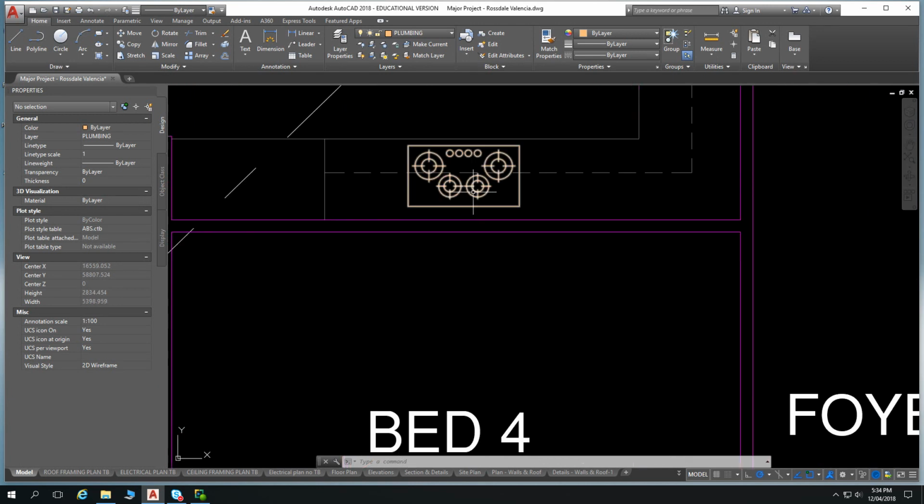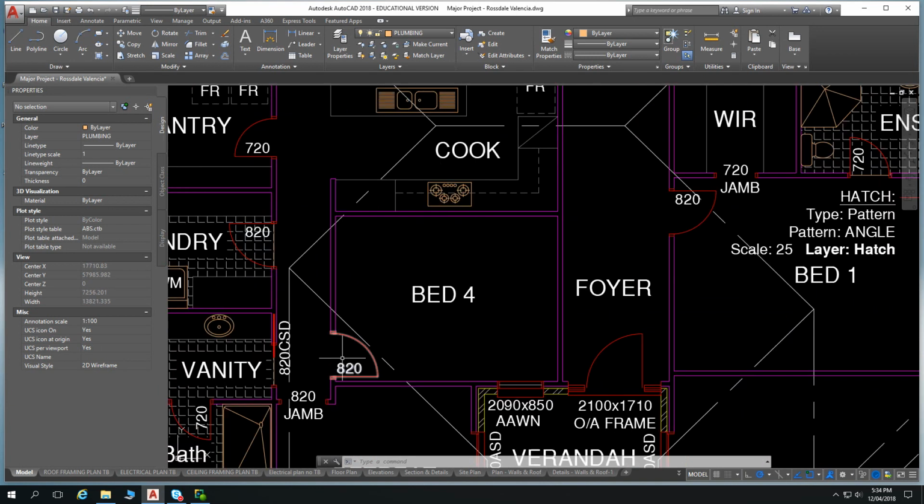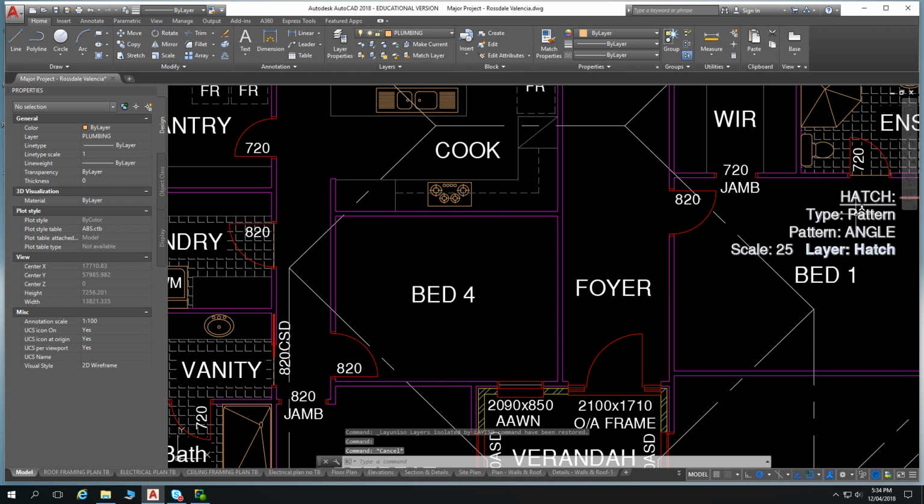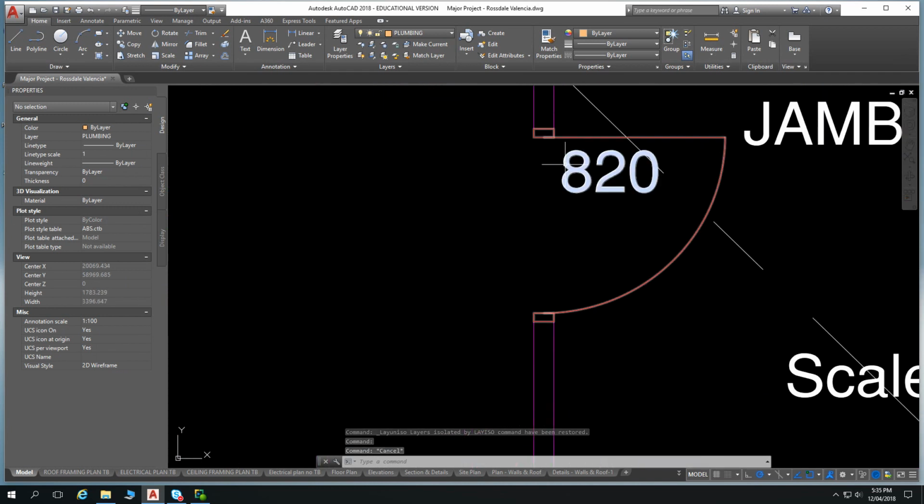Now, various different types of blocks. These are just your simple straightforward blocks. They're also dynamic blocks. Dynamic blocks are blocks that we can grab, or we select them and then edit features, or as we insert them, edit features. So having a door as a dynamic block is a good one, because this door that we have here, for example, it's set as an 820 door, so it's an 820 radius for that arc with a 900 wide opening,